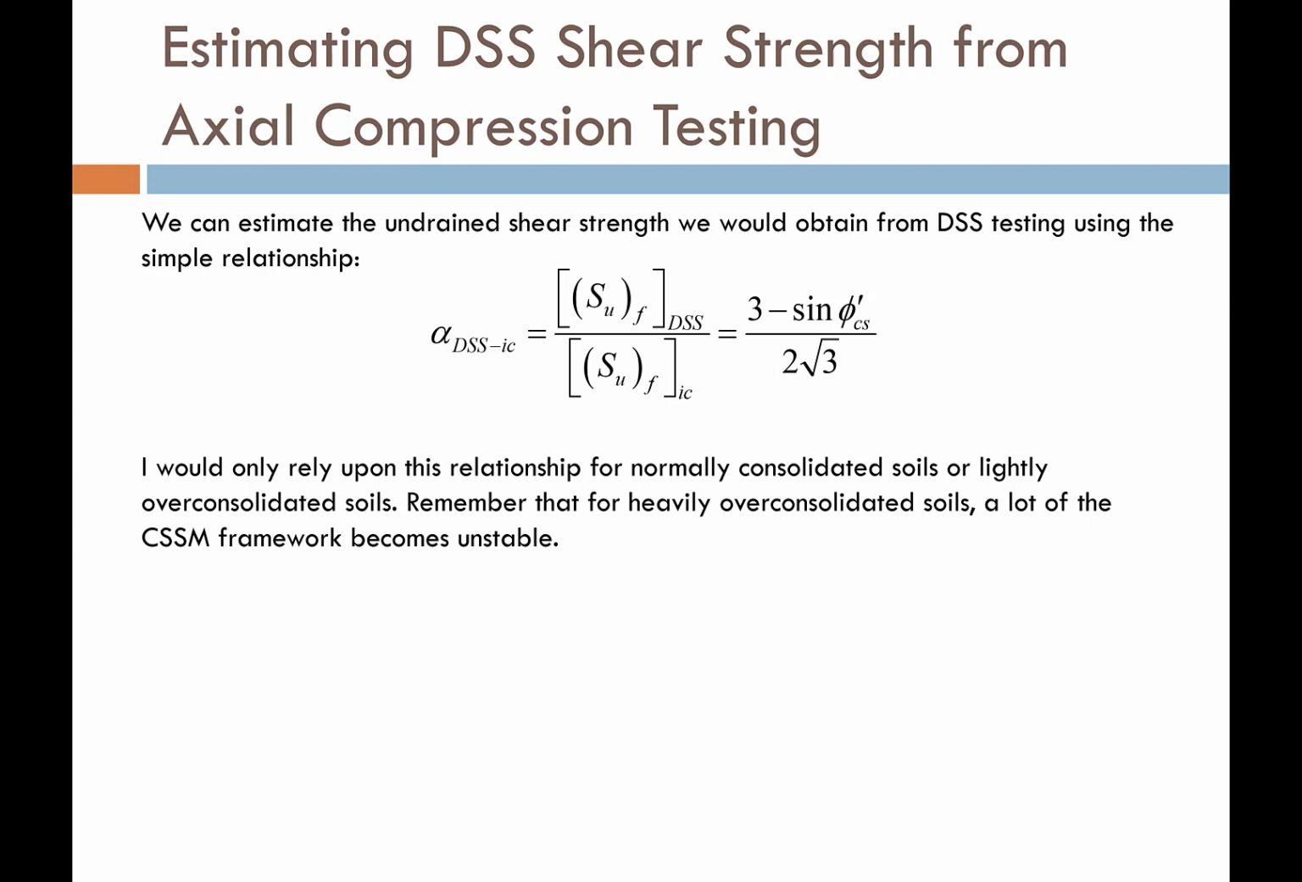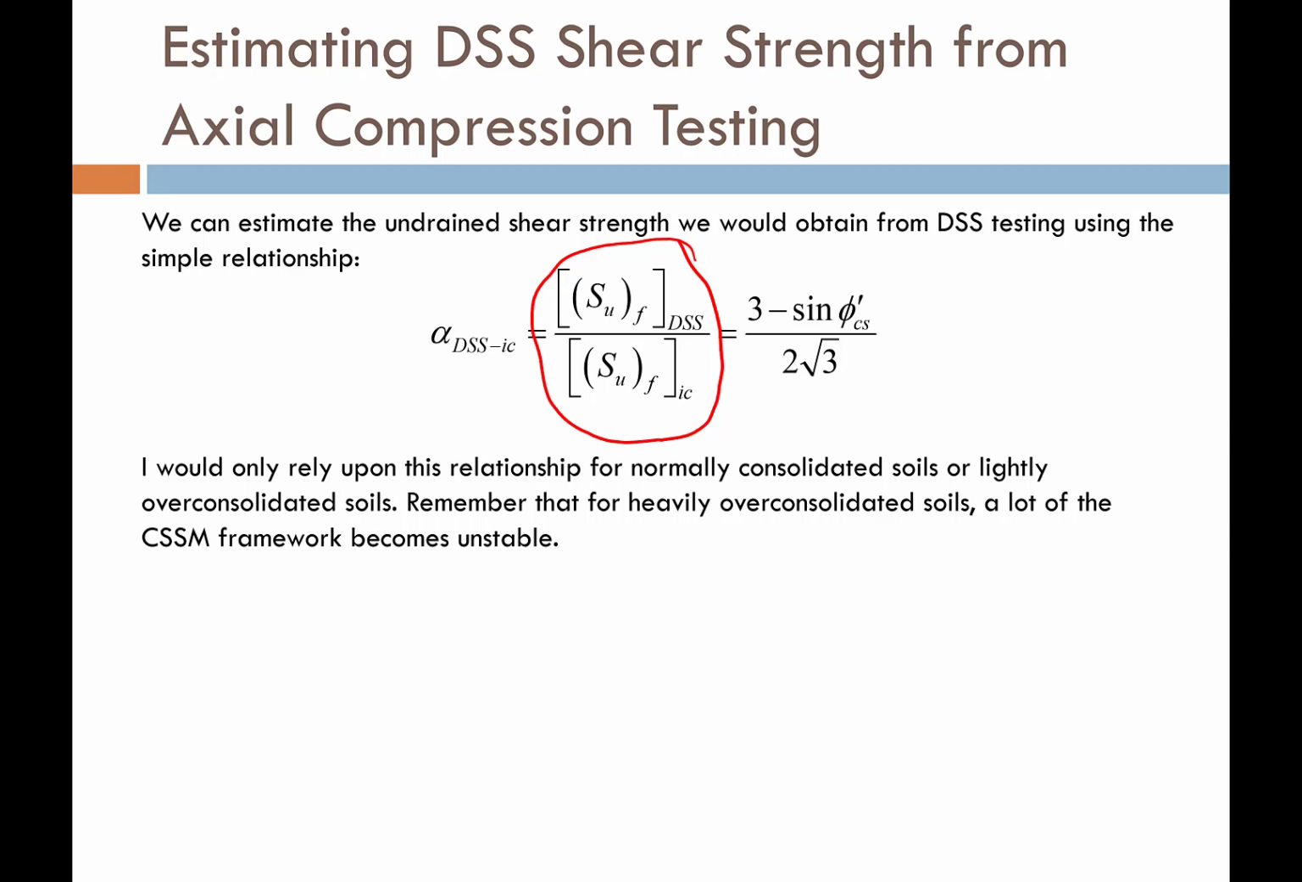What about estimating the direct simple shear strength from axial compression testing? If I want the ratio, why would we use this? Well, because not everybody has access to a direct simple shear device. In fact, very few geotechnical labs do. So we can use this ratio, which is called alpha DSS-I sub C, to approximate or estimate what we would get if we were to perform an undrained direct simple shear test